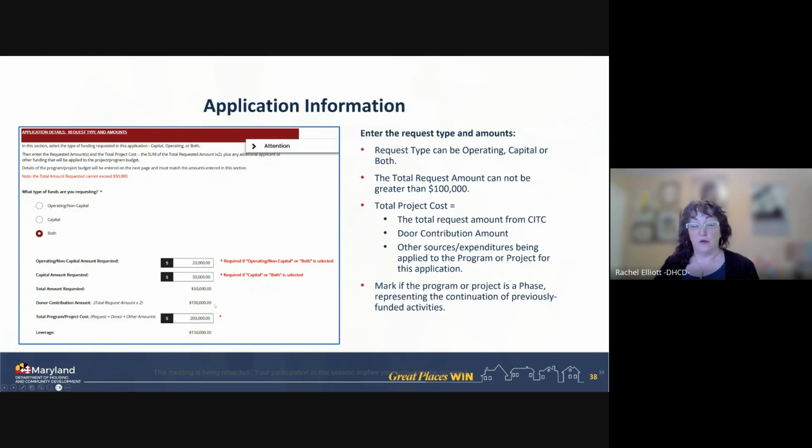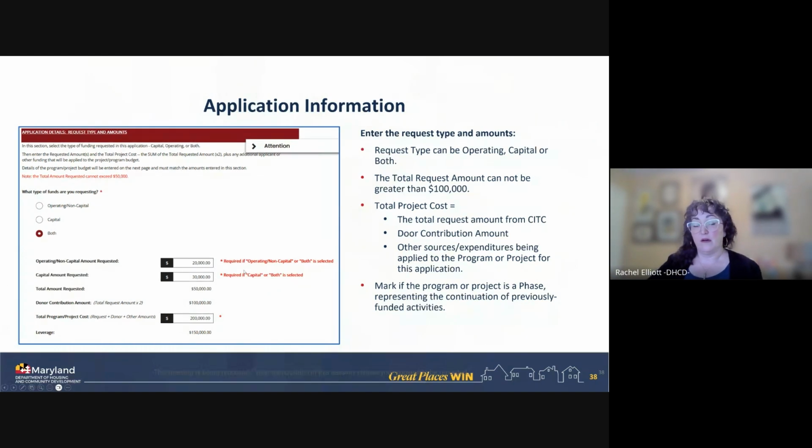Then it's going to auto-populate. It's going to multiply the number of your request by 2, which is the amount that you have to raise to be able to allocate your tax credits. So it'll show up there. And then when you do your budget, which I'll show you how to toggle back and forth for these pages, you're going to put in the total project cost when you finalize your budget and put it here. So what it shows is that if you're asking for $50,000 in credits, ultimately you'd be leveraging $150,000.